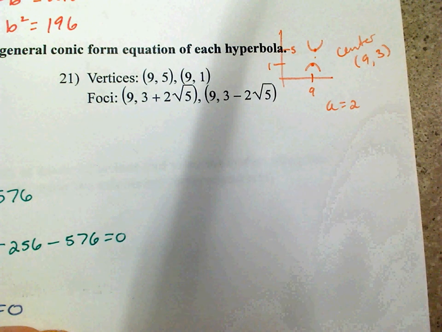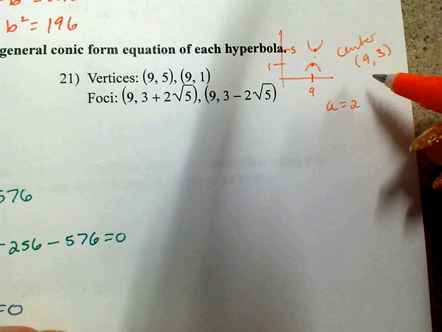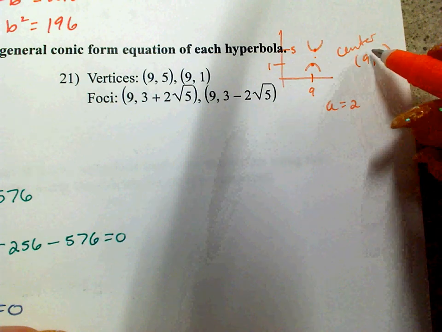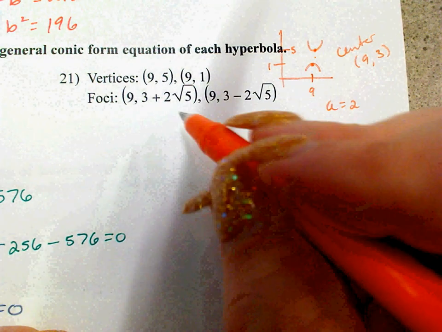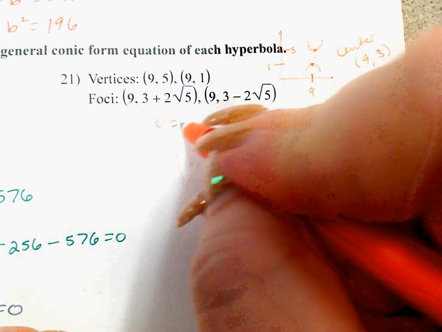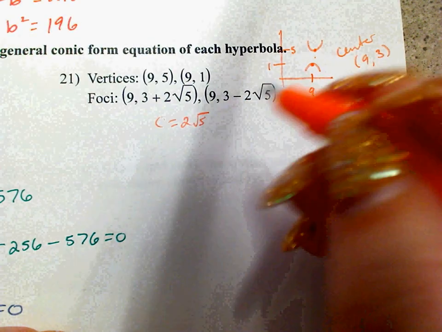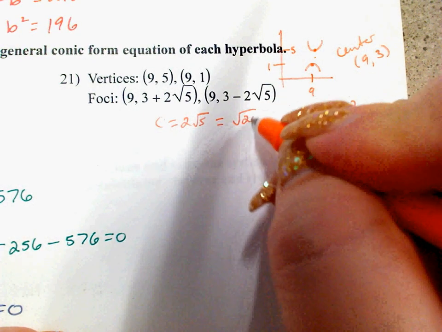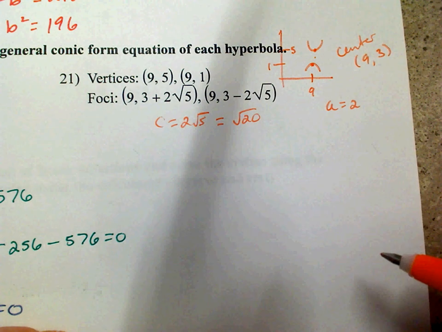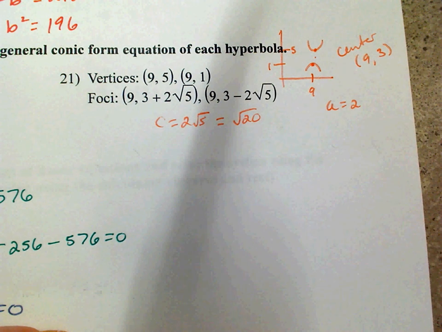So I know a, I know the center, I need to know b. I don't know b, but I do know c. c is 2 square roots of 5, or the square root of 20. I bring the 2 back in. So I know a squared plus